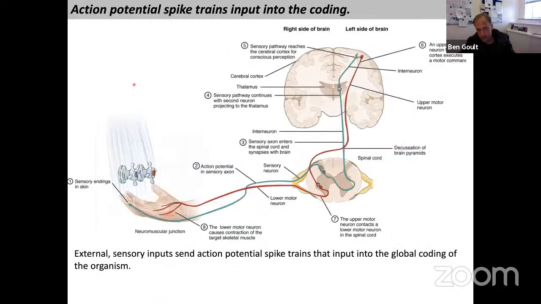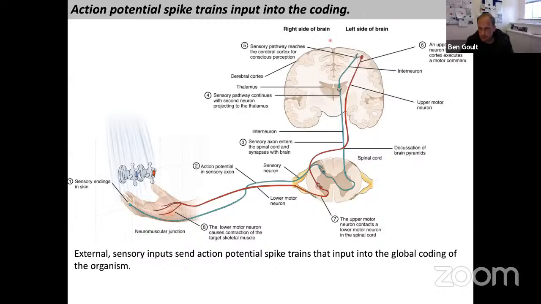Also, where I think this fits quite nicely is this concept of how information is added into these calculations. I'm proposing here that this is a binary code, it's a computation. The way we feed information into that is through our sensory neurons stimulating action potential spike trains, where they send a binary pulse of all-or-nothing signals. In the context of the mesh code framework, this guy would be putting his hand in the shower. He would detect that and send signals to his brain, and there'd be computation, but all the way along at all of these synapses, that information would be updated and these synapses would be changing as a function of that.